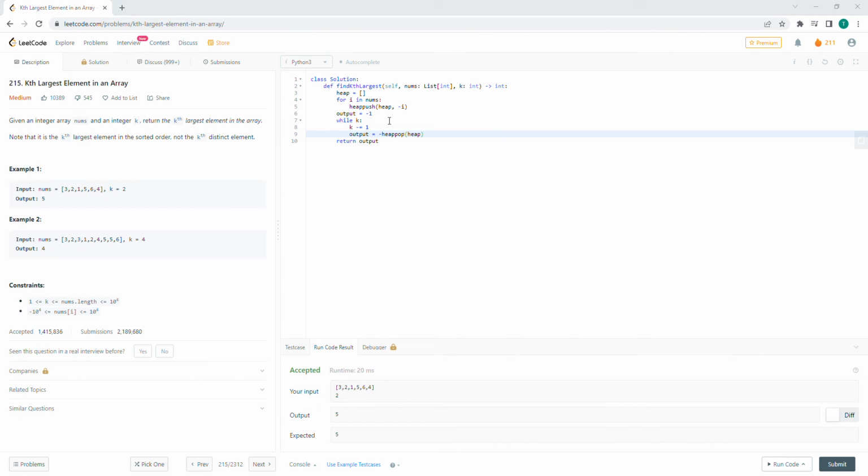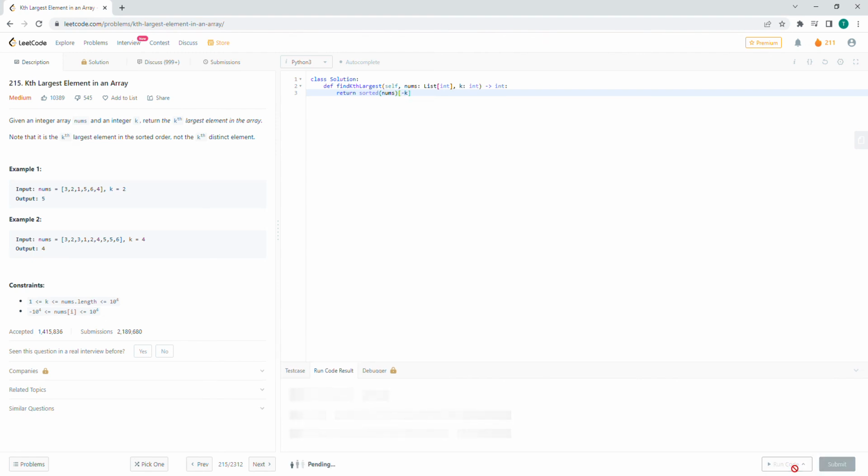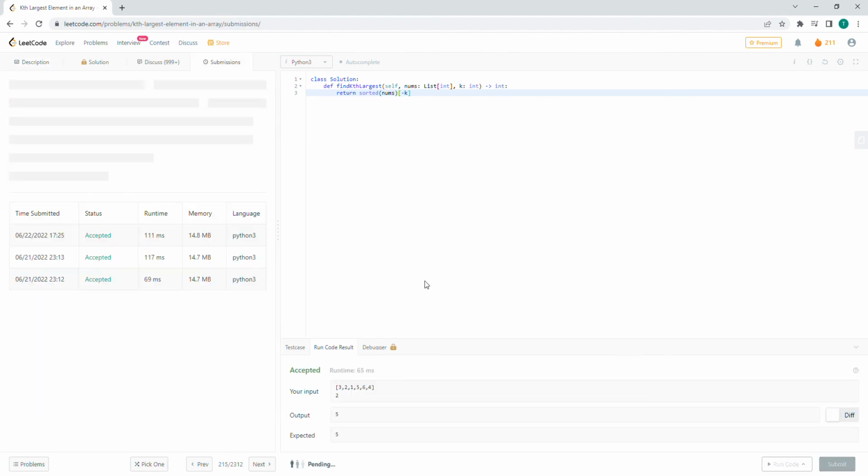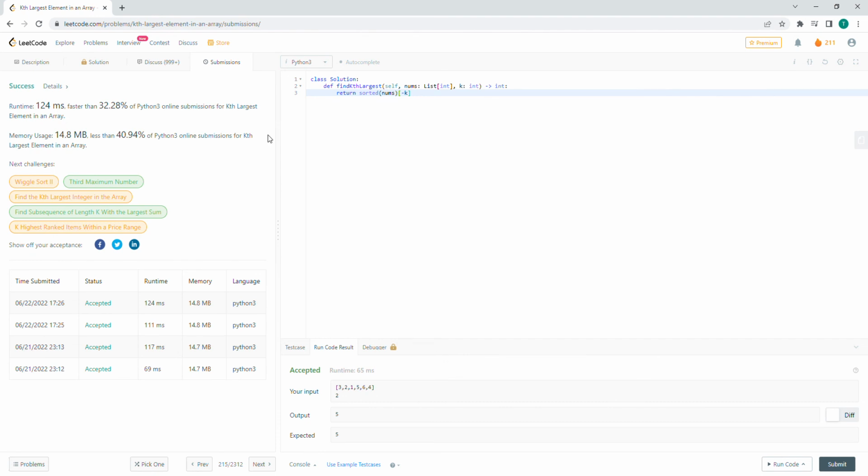So this is the heap approach. What we can also do is return the kth largest element in sorted order. So what we could do is just run the following. We want to sort nums, and then return the kth largest element, which is the negative index of k. Let's run this. And this should be a little bit quicker, hopefully, or maybe not. Yeah, a bit slower, because the sorted